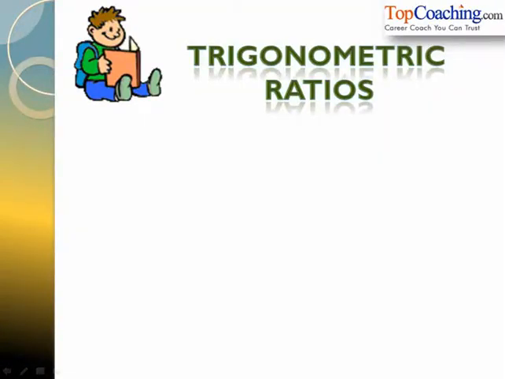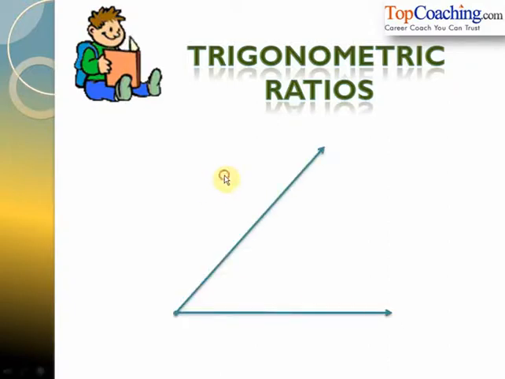In our previous lecture, we studied the different systems of measurement of an angle. Now it's time for us to get familiar with what exactly trigonometric ratios are. Let us say that we have an angle such that AX represents the initial side and AY represents the terminal side. Now, let us mark any point P on this ray AY.